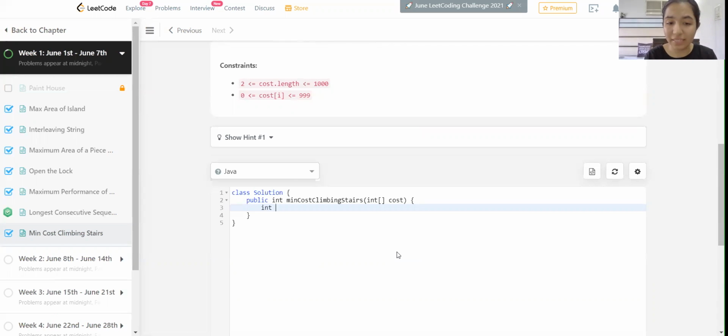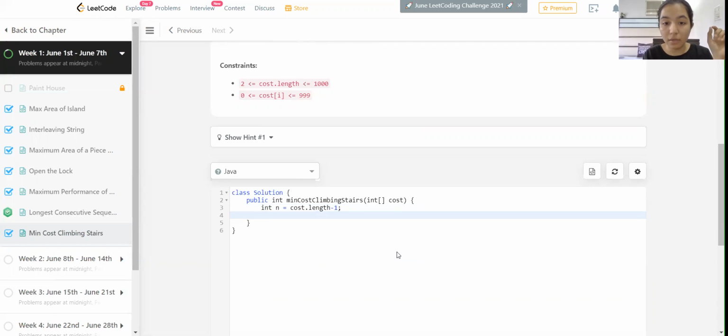This is a very simple DP problem because it requires just a 1D array. To do that, we are going to have a variable called length or n, which is going to store the original length of cost. Let's take it as cost.length minus 1 because that is where exactly the data is starting to fill.